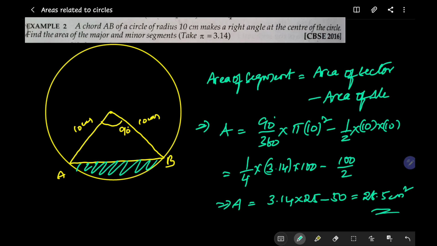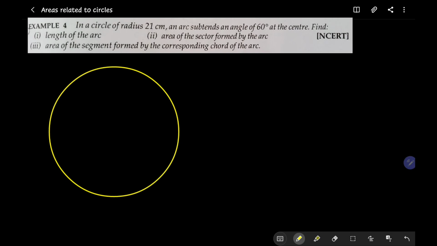To get the area of the major segment, just simply subtract the area of the minor segment from the circle area. In this problem, 3 questions are asked. Let's go for the third question directly. For the first and second questions, you can refer to the previous video in this series and you can see its link displayed on the right hand side top corner.